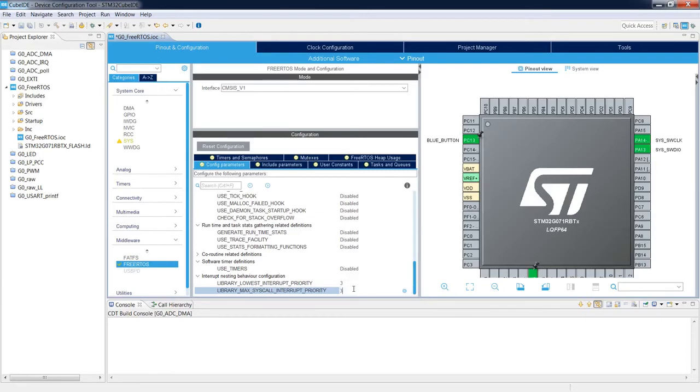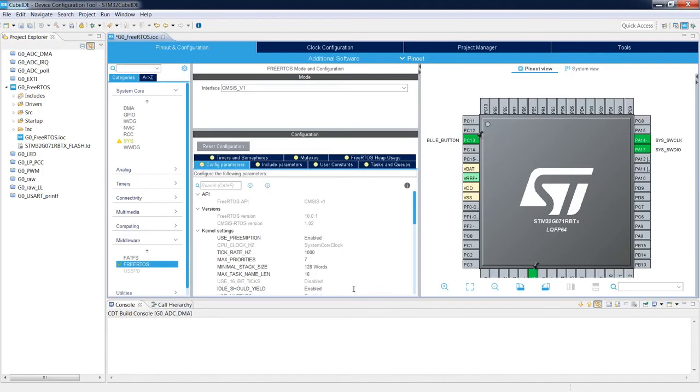So in this case, I would propose a small change. Instead of 3, we will put 2. So the task switching and the tick interrupt would have the lowest possible priority, number 3, while interrupts which we would like still to execute the operating system functions would have interrupt priority 2. Other interrupts, which we would like to be completely independent from the operating system, will have interrupt priority 0. So in this case, all the hardware interrupts would not be interrupted by the operating system. So this is the basic configuration of the operating system.